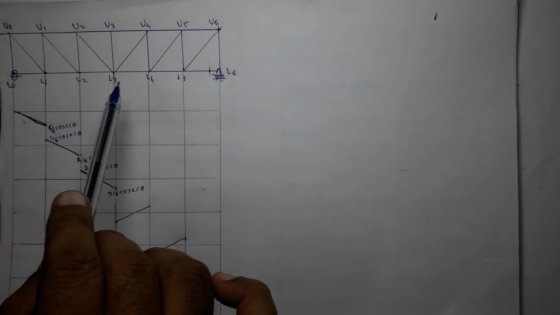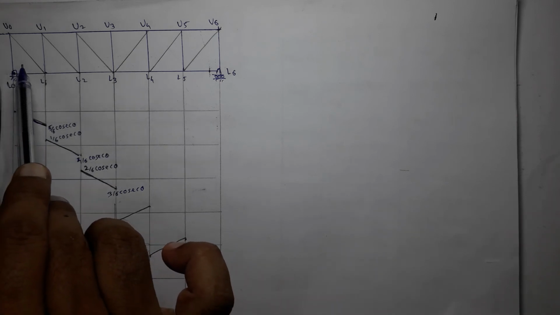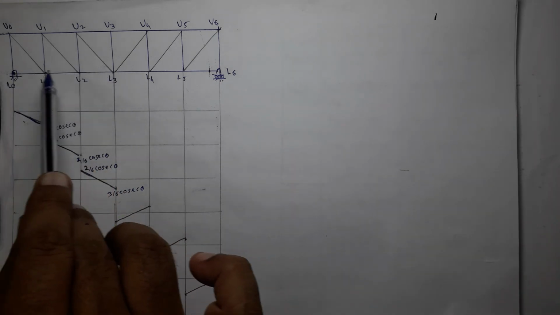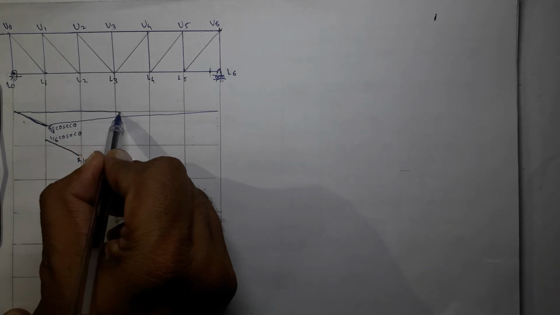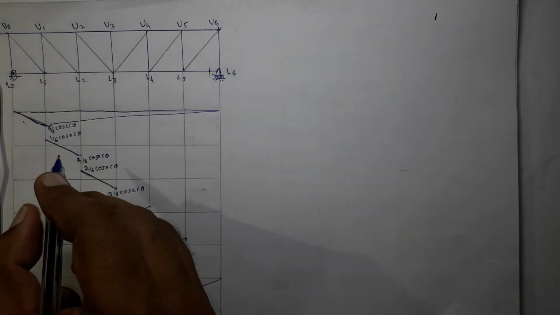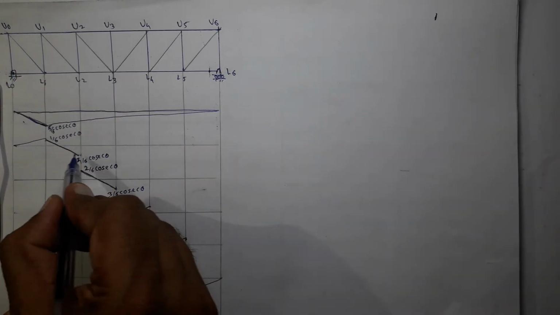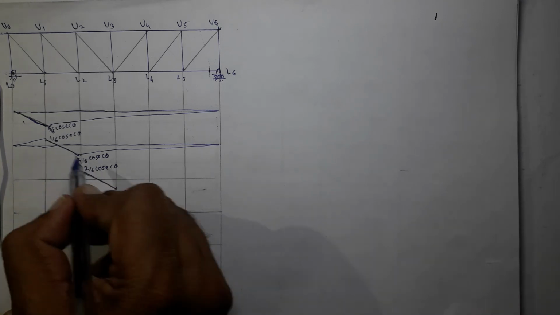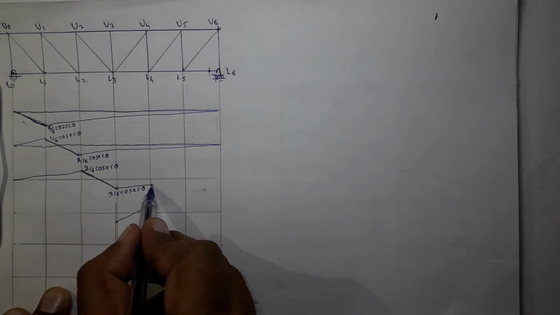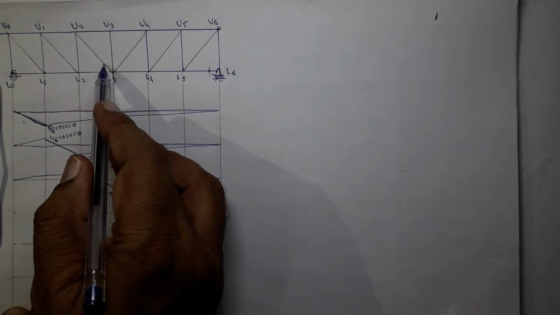Now I have drawn the same truss, and in the previous step we have seen how to draw the ILD for these inclined or diagonal members in the left part. The ILDs were like this. This was the ILD for the first diagonal member. Then it is the second ILD for the second diagonal member. So it is the ILD with 1 by 6 over here, 1 by 6 cosec of theta, 4 by 6 cosec of theta. This is the ILD for the third diagonal member.